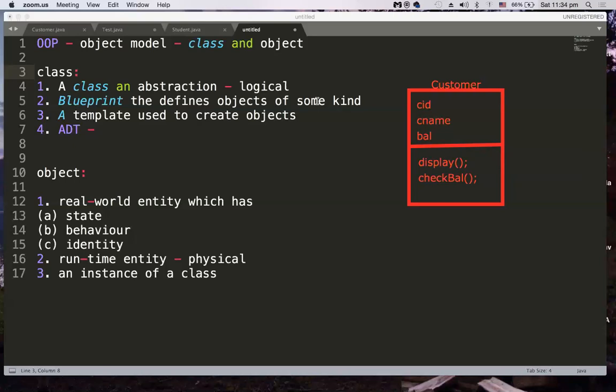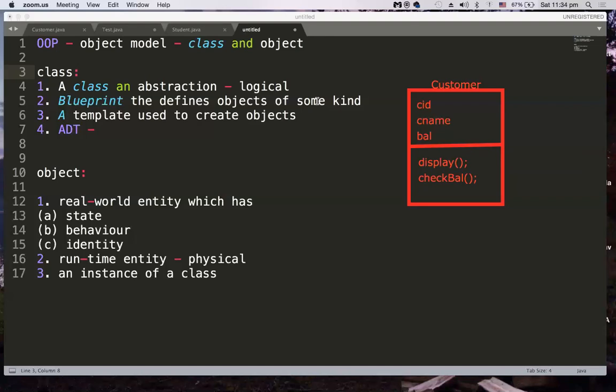That is a class, but that is not the actual flat or house where you go and stay. That is just a blueprint on paper. That's a model. But from that blueprint or model, you can create a house or apartment where you can go and stay.